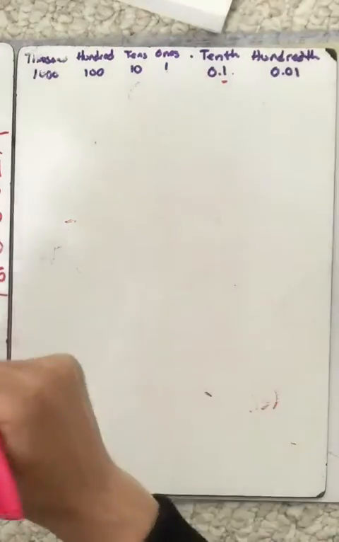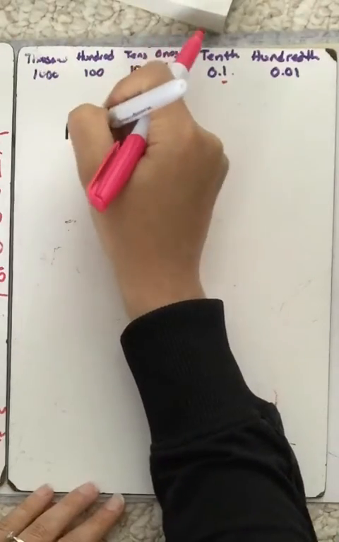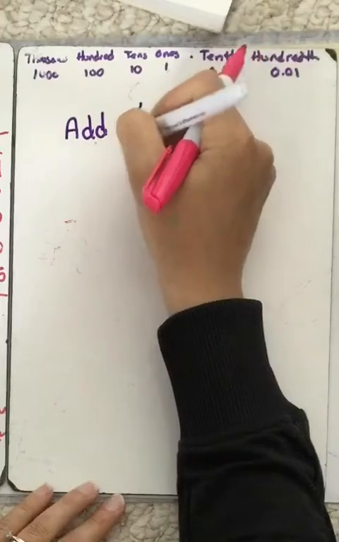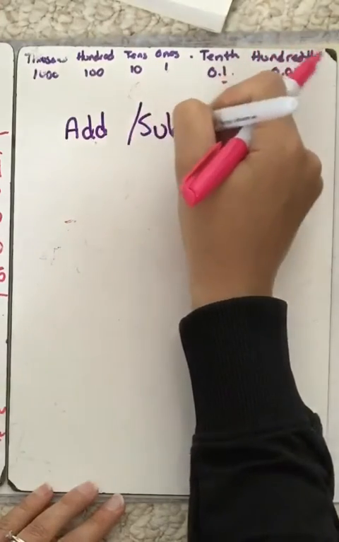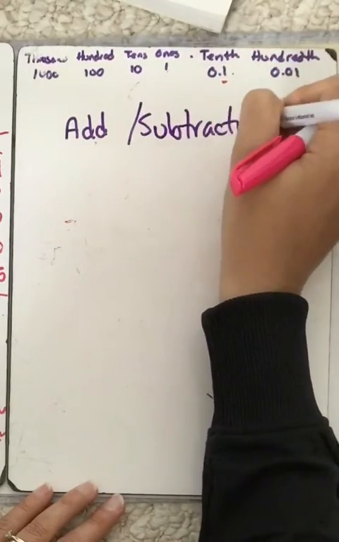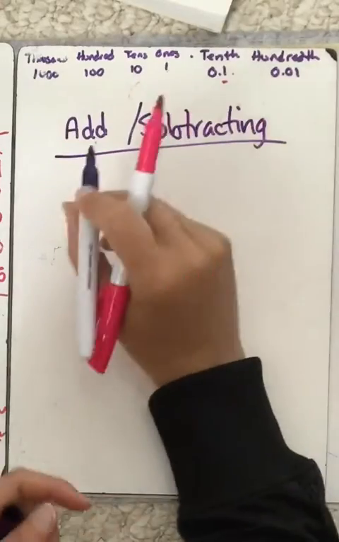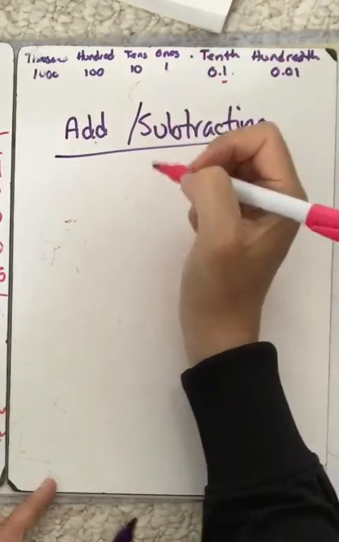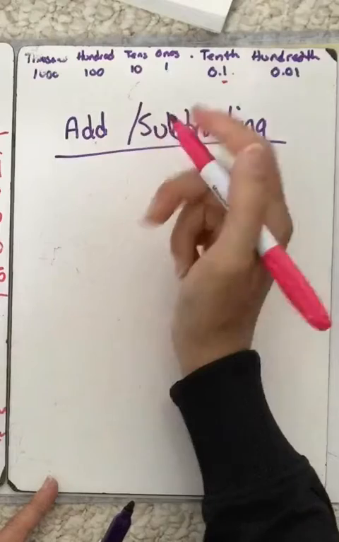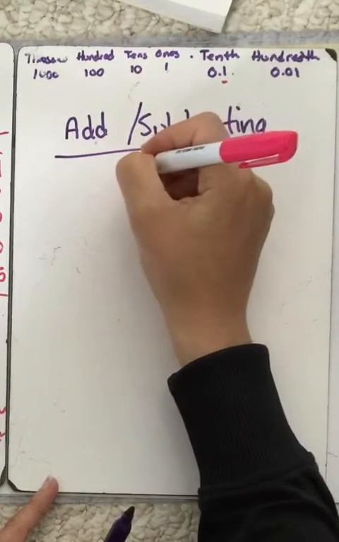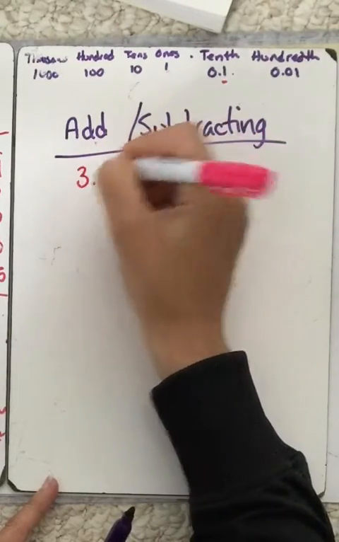All right, so now how do we work with them? If we are adding and subtracting, the concept is the same. The only thing you have to remember is to take your time and be neat, because we need to line the decimals up. So if you had something that costs